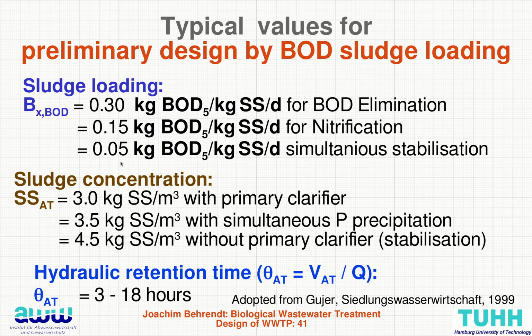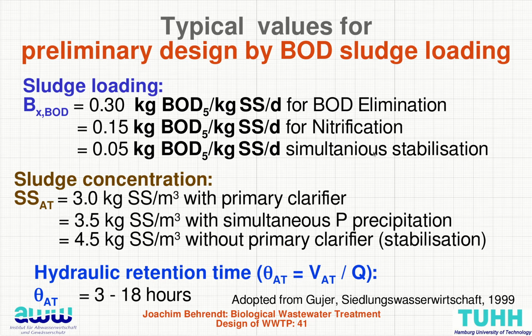And if you go 3 times smaller, 0.05 kilograms BOD per kilogram suspended solids, you have also simultaneous stabilization. That means that the sludge that you are removed from the system don't digest anymore. You can dewater it directly and use it. Also, therefore, this is only done in small wastewater treatment plants, maybe in rural areas where you don't have this